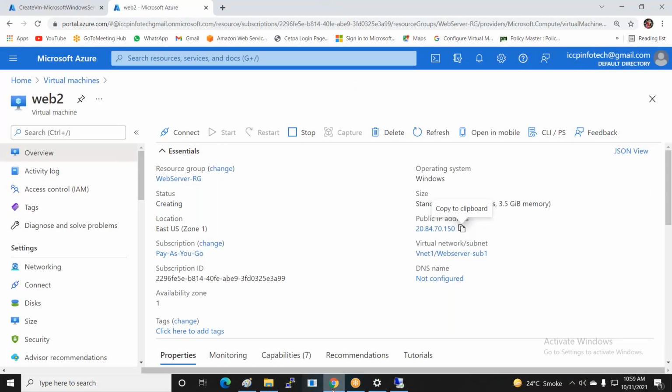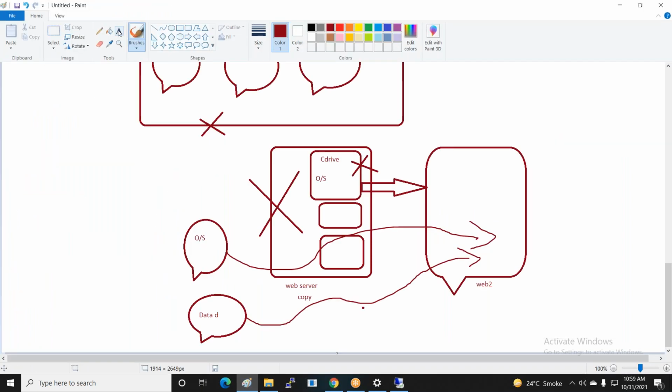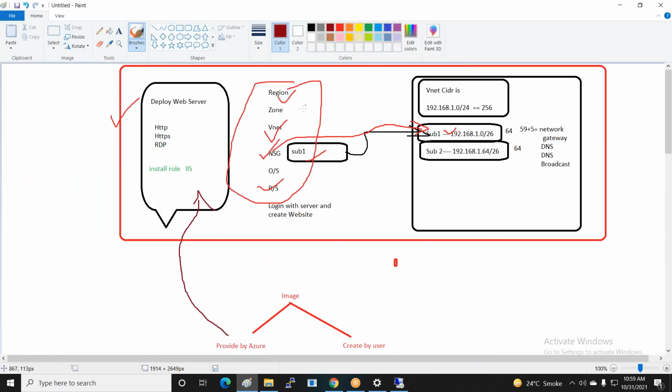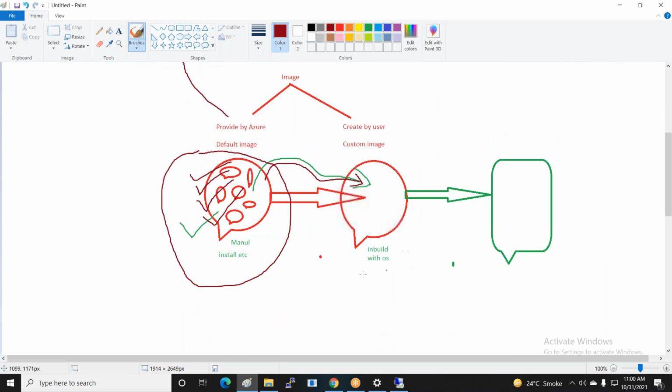So today we have covered multiple topics. I have finished all these parts: how to create a network security group, how to capture an image, how to create volumes, and how to attach and remove volumes with a new server or existing server, and how to create a VNet and how to create an NSG and attach it to the VNets. So I covered everything.